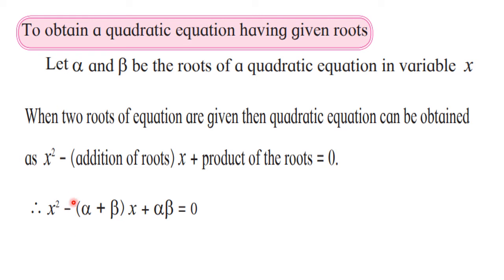You have to learn this by heart. In a hurry, many students write a plus sign here, but keep in mind that by default it is a minus sign for the middle term and a plus sign for the last term. So learn it by heart immediately. The equation is given by x square minus (alpha plus beta) outside the bracket x plus alpha beta is equal to 0. So you have to write down this in your notebook. In short, I have given this.